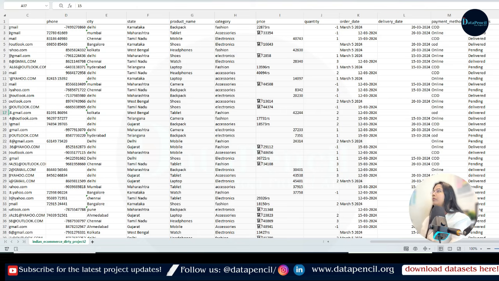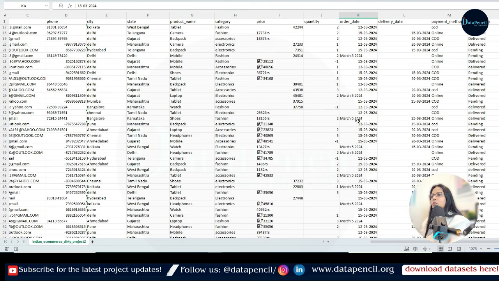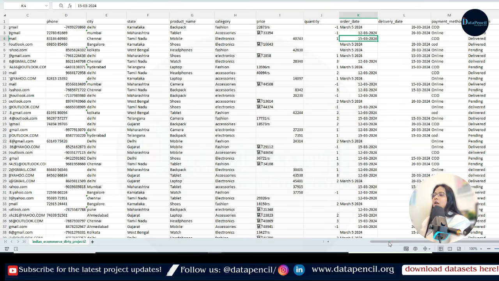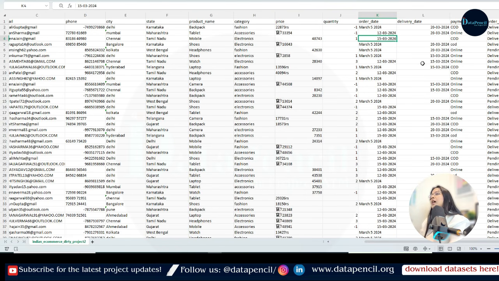Now here you can see that the date is in different formats. Somewhere it is written March 5th 2024, somewhere it is written 15th March 2024. So formats are different, and this will not work for the analysis, so we have to fix these formats and convert them into a standard format,